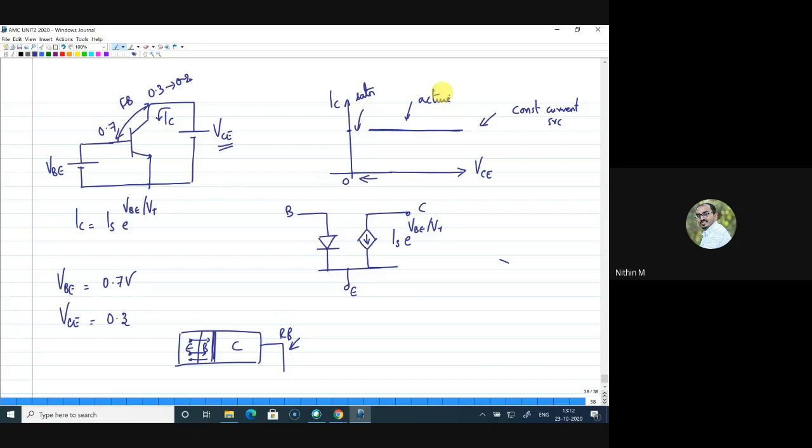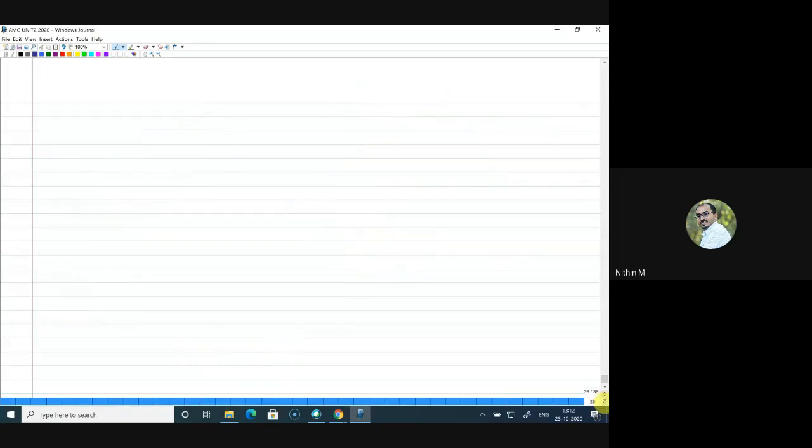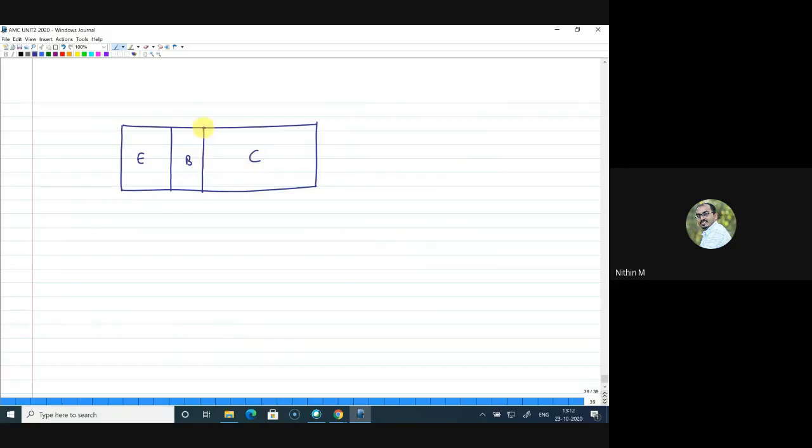Right. Now let me go for a further discussion. Say you have a transistor, this is emitter, say this is base, and this is collector. Now if my emitter base junction is forward biased, so as soon as a PN junction is formed, we know that there will be a very small depletion layer